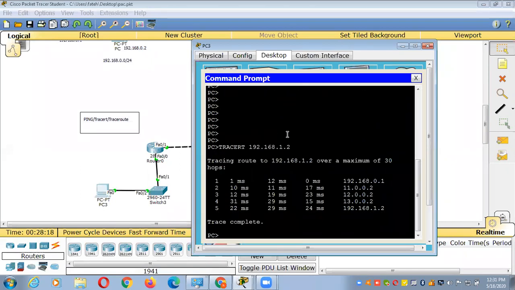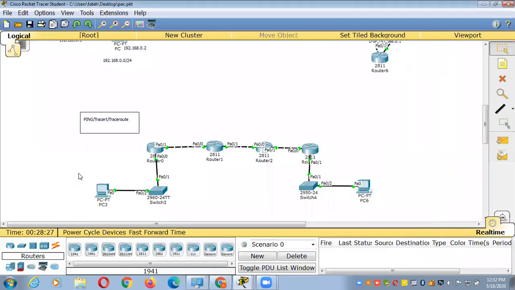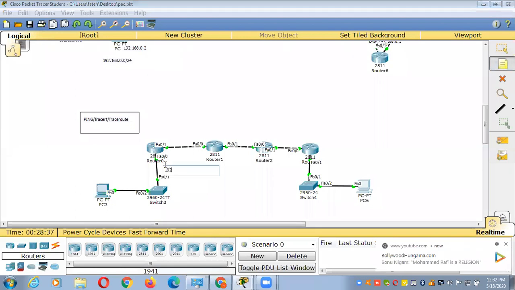So this is the result here. Now what do you understand by using the tracert command? When you are sending traffic from this computer, from the Delhi computer to the Mumbai computer, the IP which I have configured here is 192.168.0.1. On this interface, the IP will be 11.0.0.2.